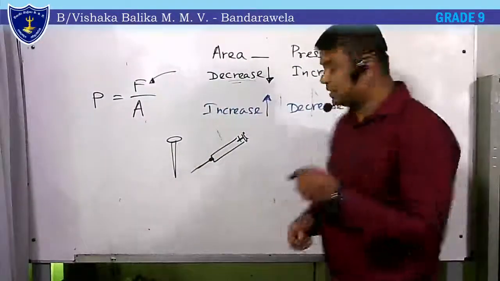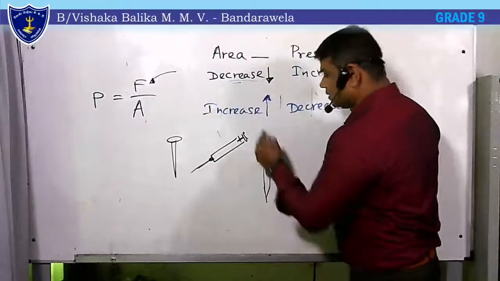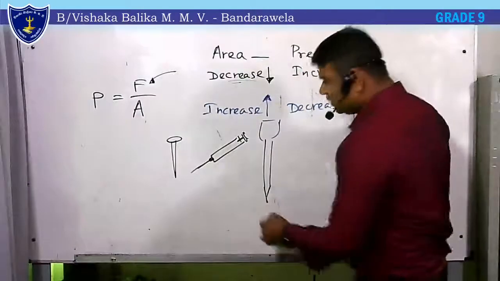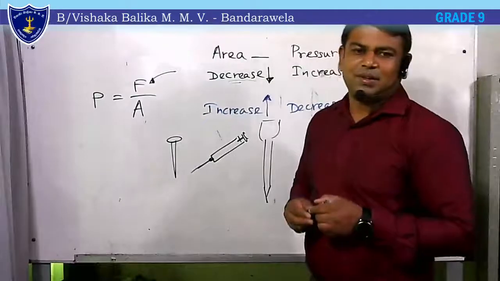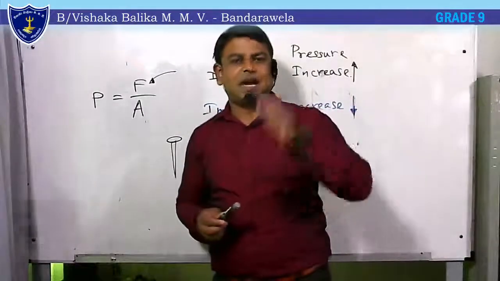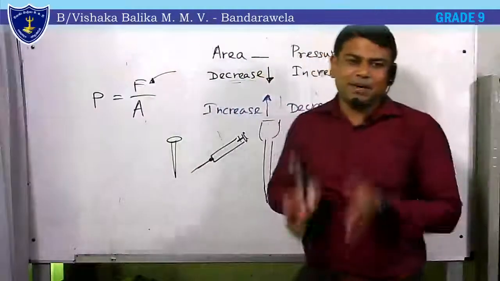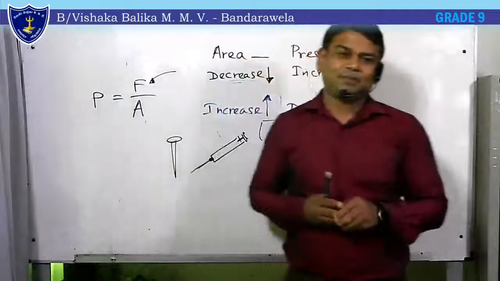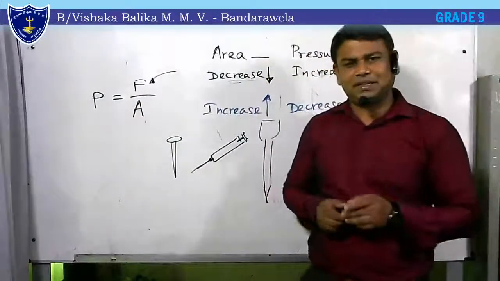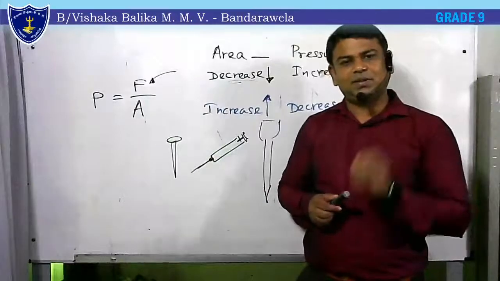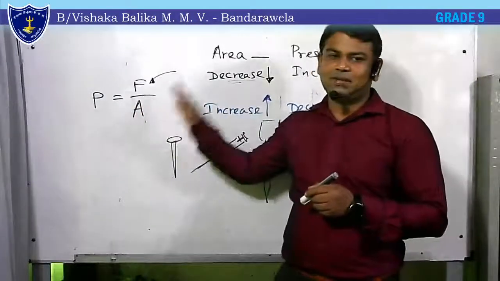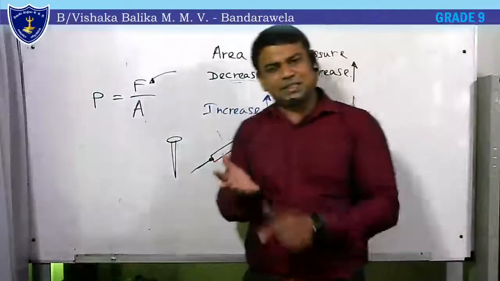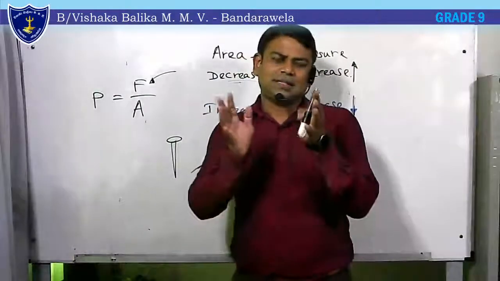And in construction sites, we use crowbars or mammoths, right? We make those surfaces as sharp as possible. When we make it sharp, that means there's a small area. We can increase the pressure by decreasing the area. Those are the applications there. And whenever we need to increase the pressure, then you can think how to decrease the area. Sharp tools like chisels, axes also have the same application.